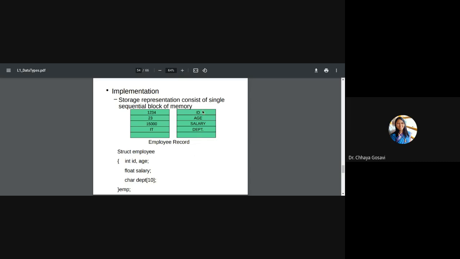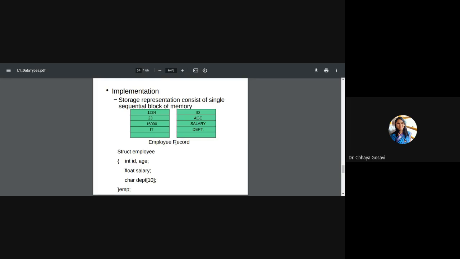How many bytes will be allocated for this one employee? Assume that it is a C structure. You know, memory allocated for an integer is 2 bytes, float is 4 bytes, and character is 1 byte.